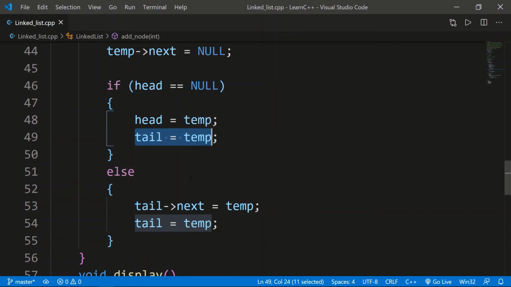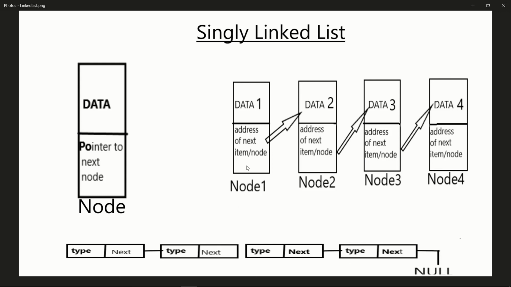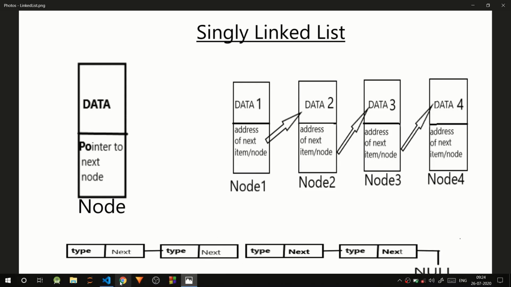Also, I'll take reference on the figure. Suppose this is our head and this is the tail. Now, to the tail's next we wanted to pass a new node. Inside the next we wanted to pass the new node.